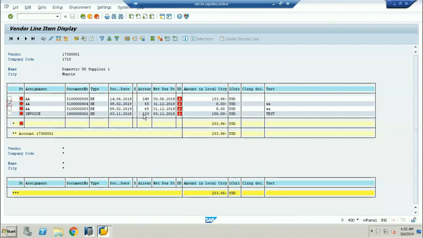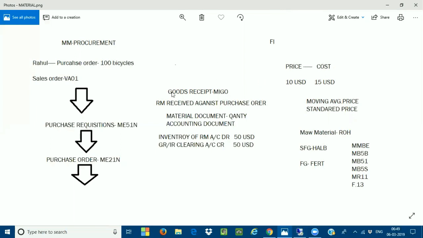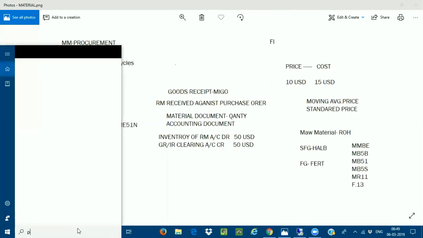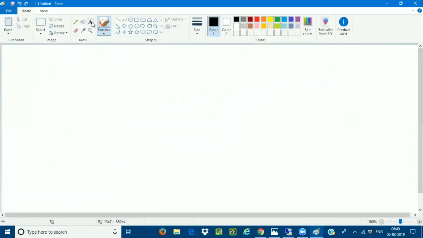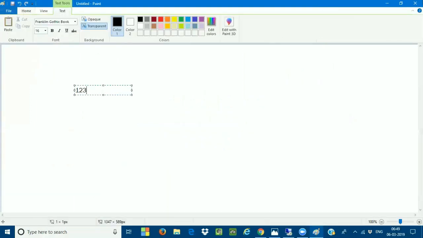Okay, so I'll take an example like this. Now, there is a vendor, 123. 123 is nothing but a vendor. I have made an invoice.